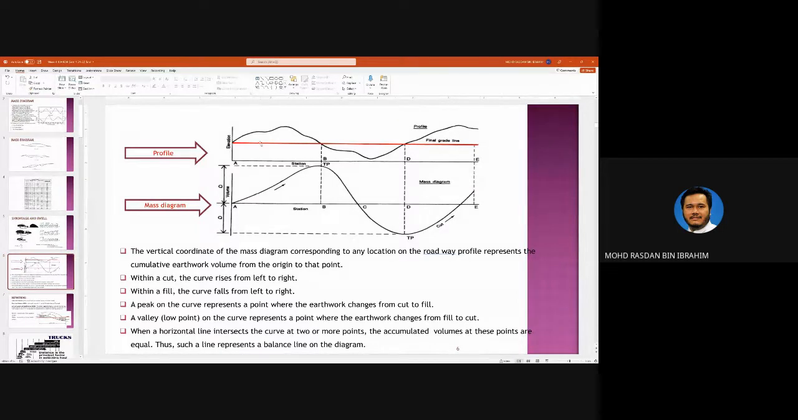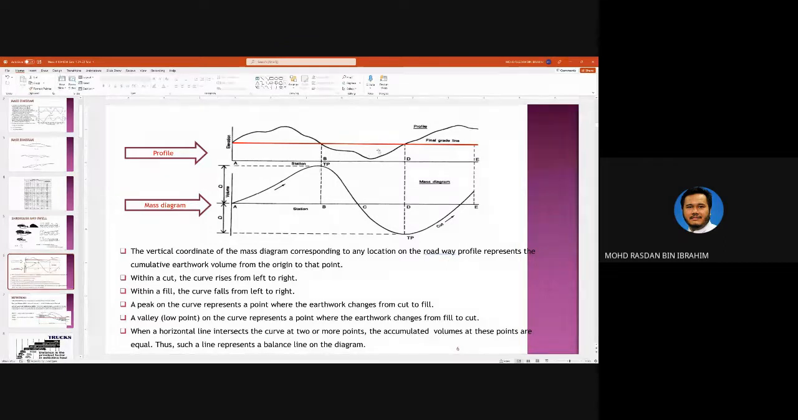Okay, your horizontal alignment. So you plot from here to here. You can see that all this you need to remove, and this you need to fill. Here you need to remove. So the diagram will go up when it is cut. It is accumulated, so it keeps on going up and up and up until it reaches the change point between cut and fill. From here, the diagram goes down, because it is using up all these accumulated materials